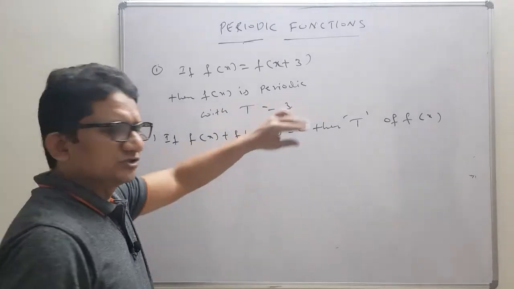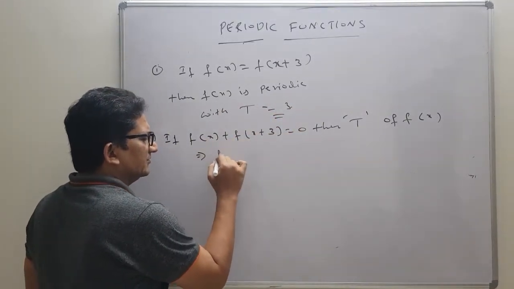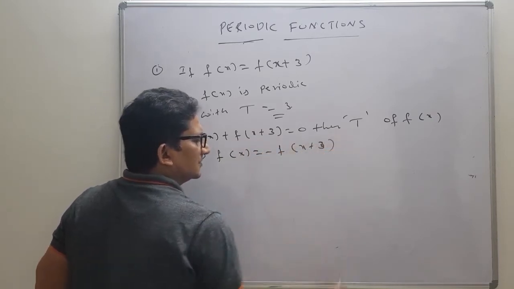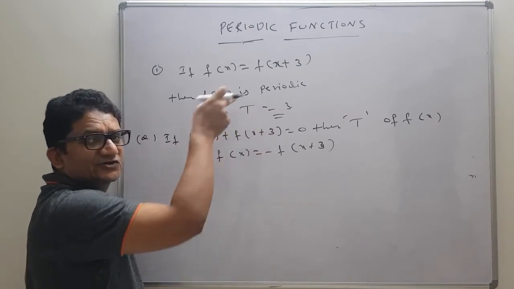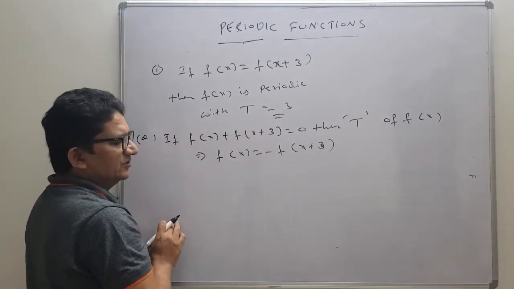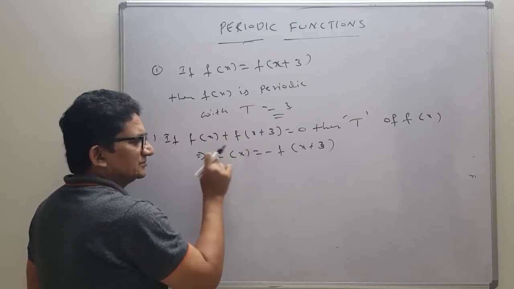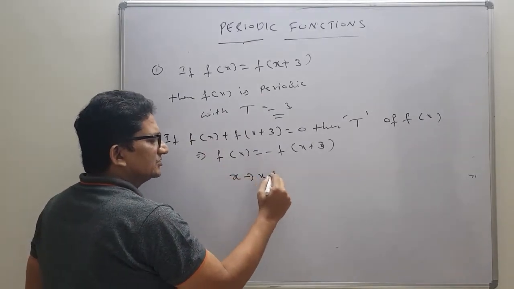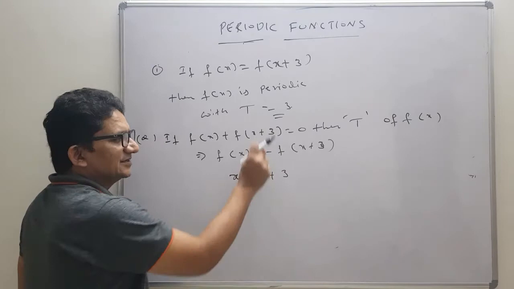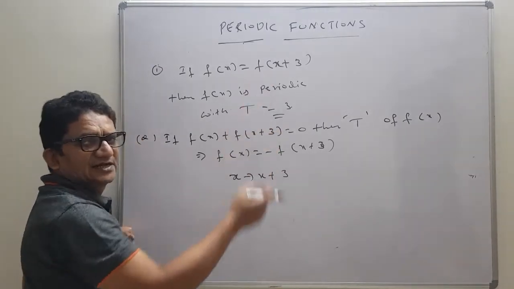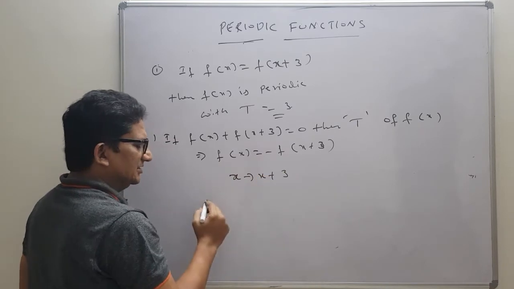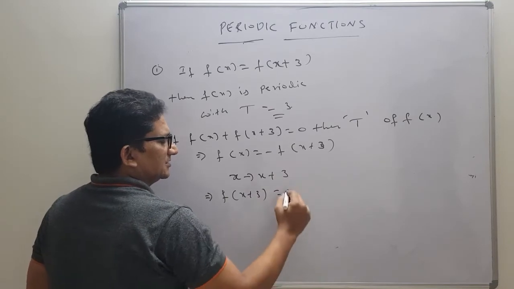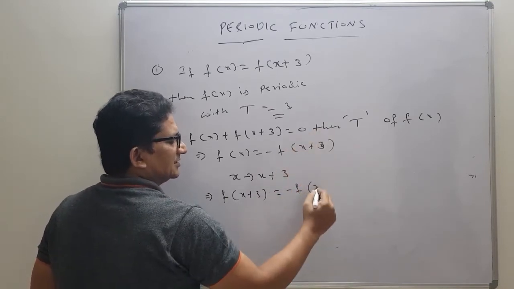Now students, to solve this question, from the given hint we can write f(x) = -f(x+3). But when a minus sign is there, it is not related to the definition of periodicity. So what we will do: whatever value is nearest to x, change x by that value. Here the nearest value to x is 3 only, we don't have any other numbers. So change x as x+3, then how it becomes